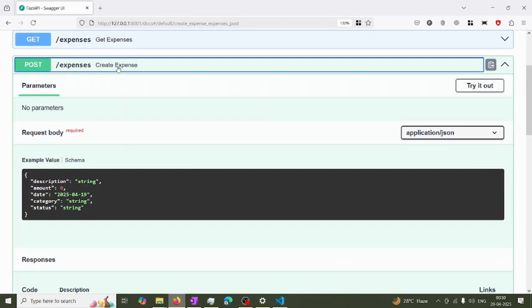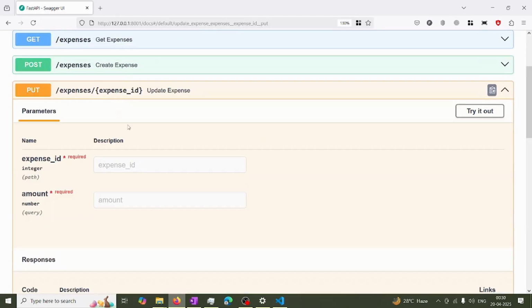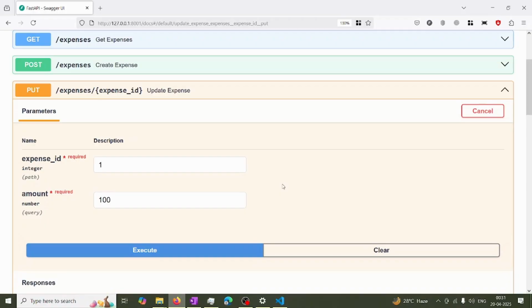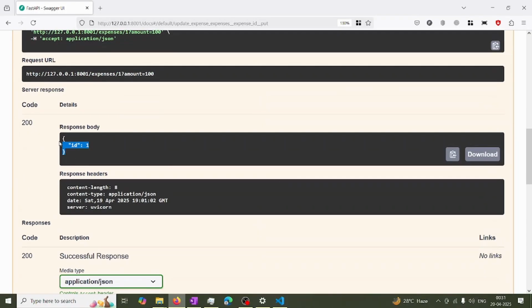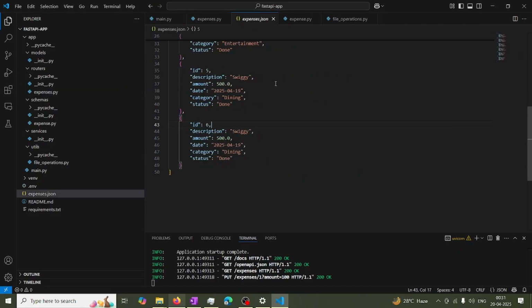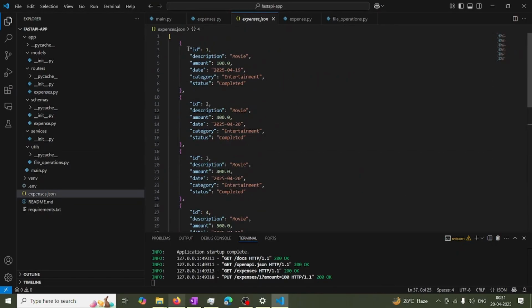Let us quickly verify the update expense endpoint. Let us say I want to update the first expense and change the amount to 100. Let us quickly execute it. And I got a 200 successful response. That means my first expense should be updated. Let us quickly go to expense.json and then verify it. Yes. Now for the first expense, I can see the amount is now stored as 100 and the application is